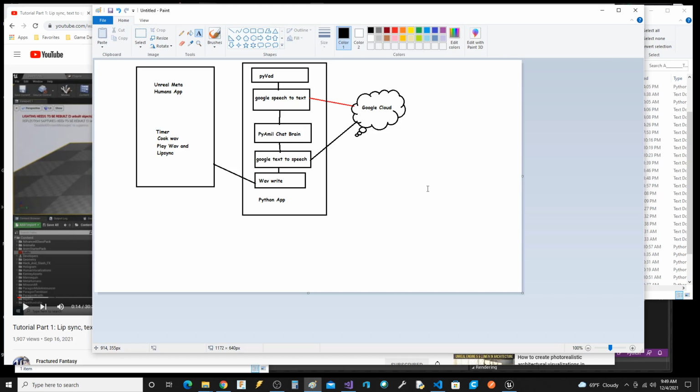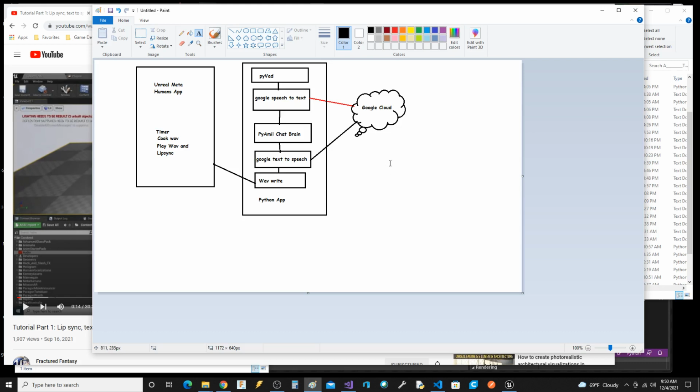Thanks to Fractured Fantasy, obviously the Oculus plugin, and then there's another person Fractured Fantasy worked with that modified the Oculus source code to where we could do quasi real-time chat and mouth movement.